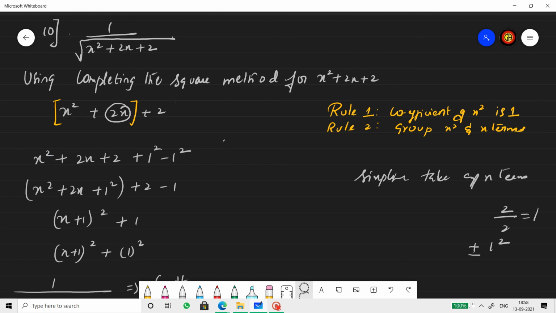So x square plus 2x plus 1 square comes in a bracket, plus 2 and minus 1 square is minus 1. This is the a plus b the whole square expansion. So x plus 1 the whole square plus 1 square. Now that means